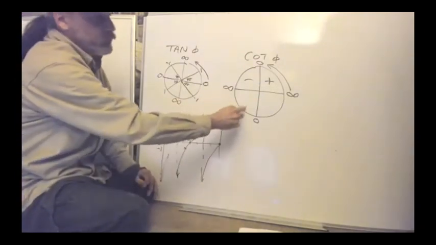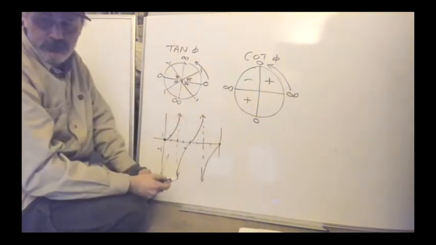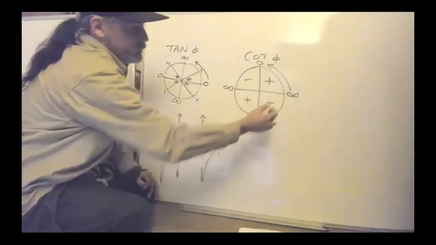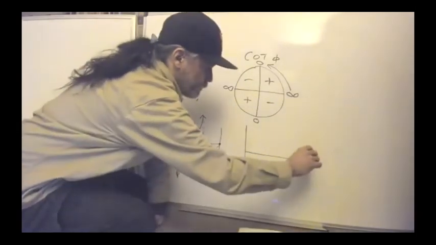And then when we get in the third quadrant, we're going to go from infinity to 0, and then it's going to be positive in the positive region. And then the fourth quadrant, we're going to go 0 to infinity, and it's going to be negative in the negative region. So when we make this graph,